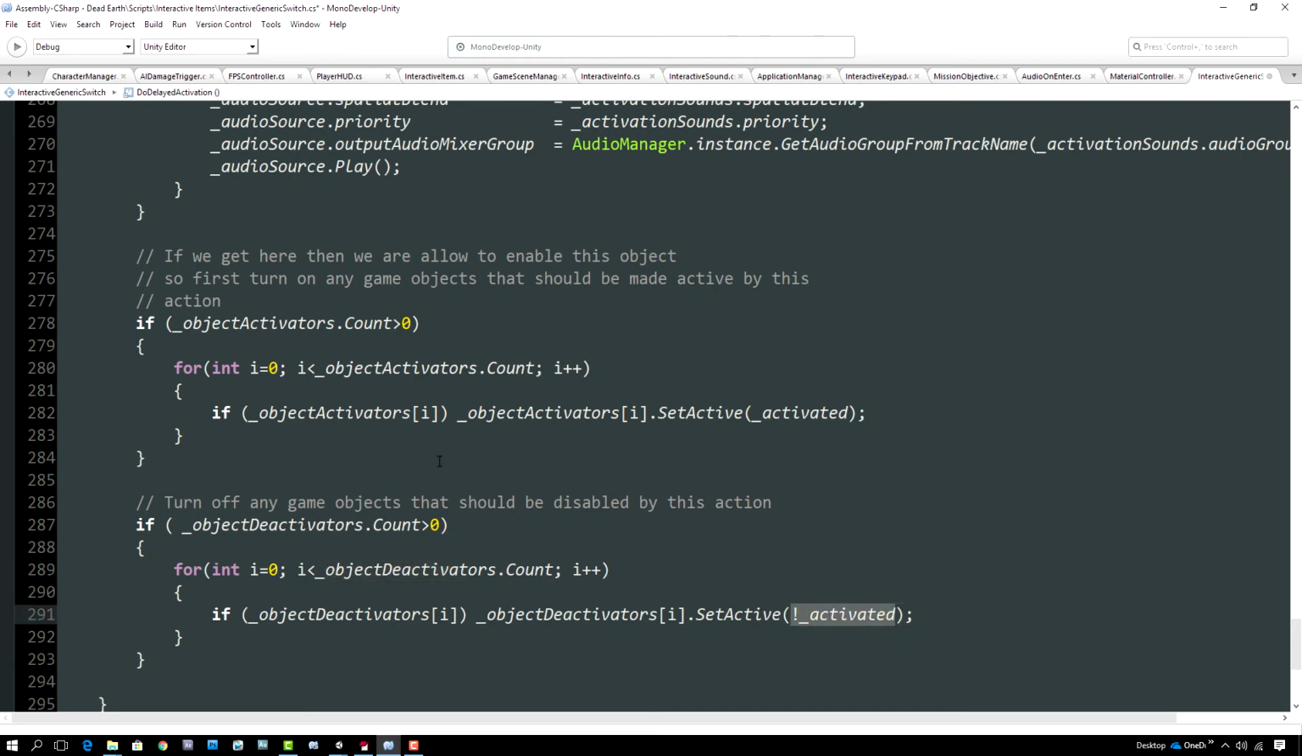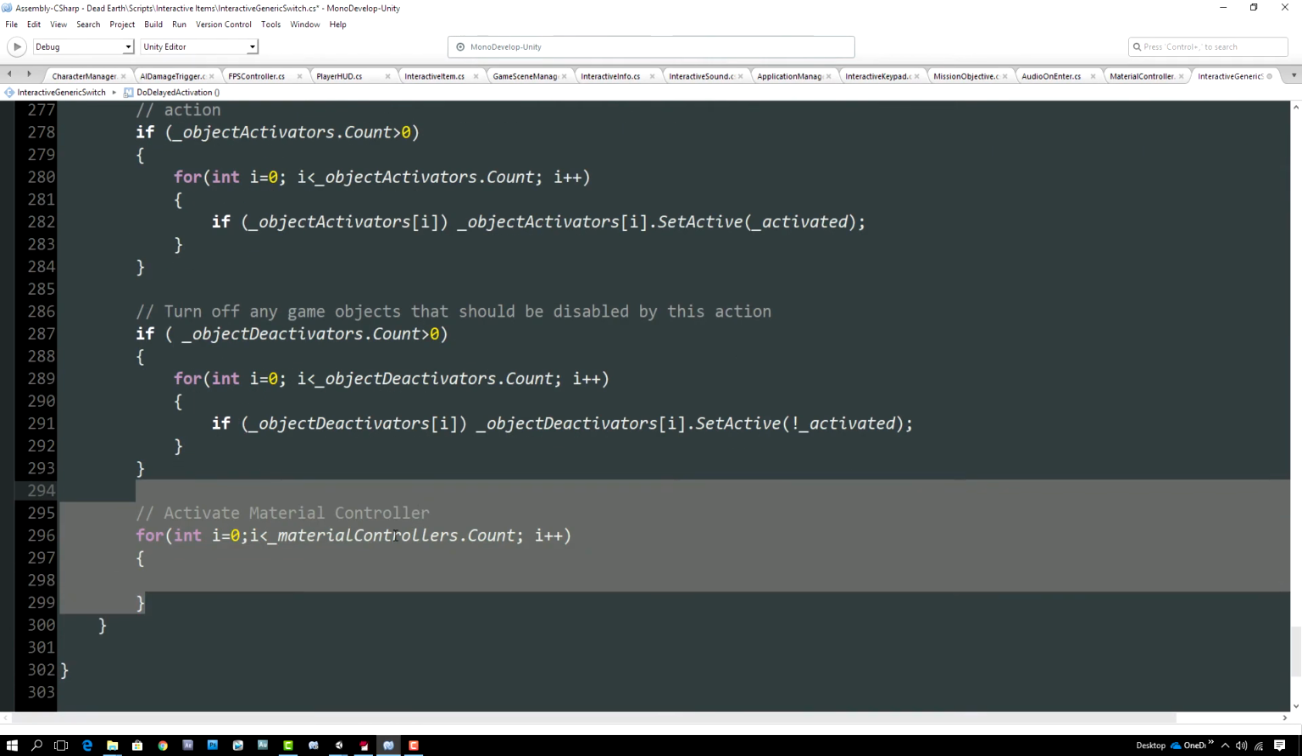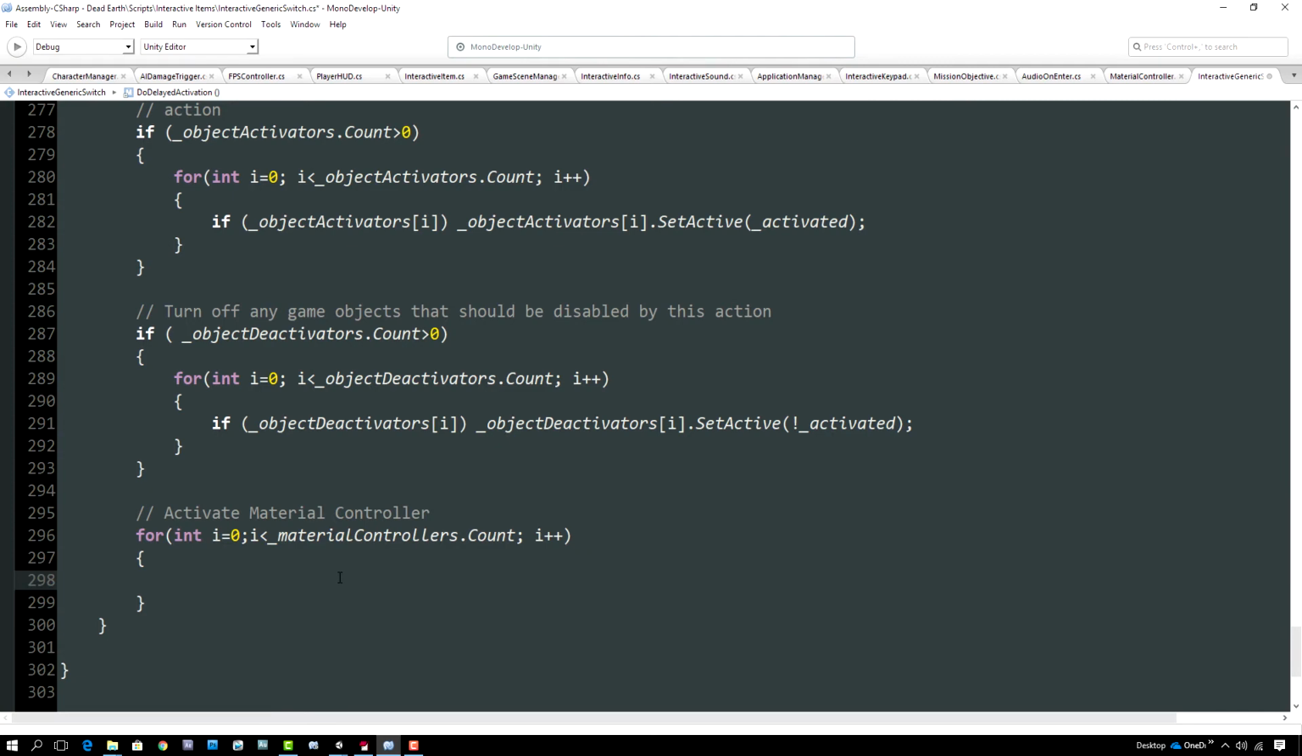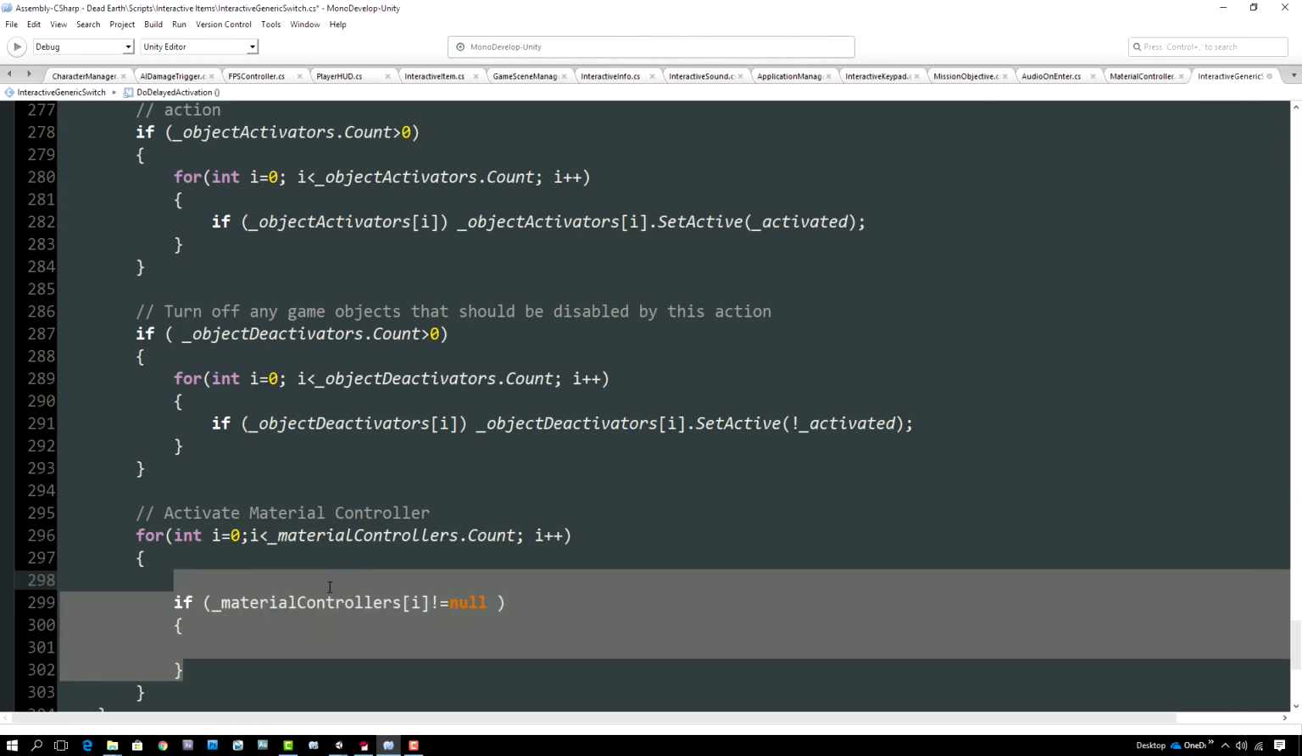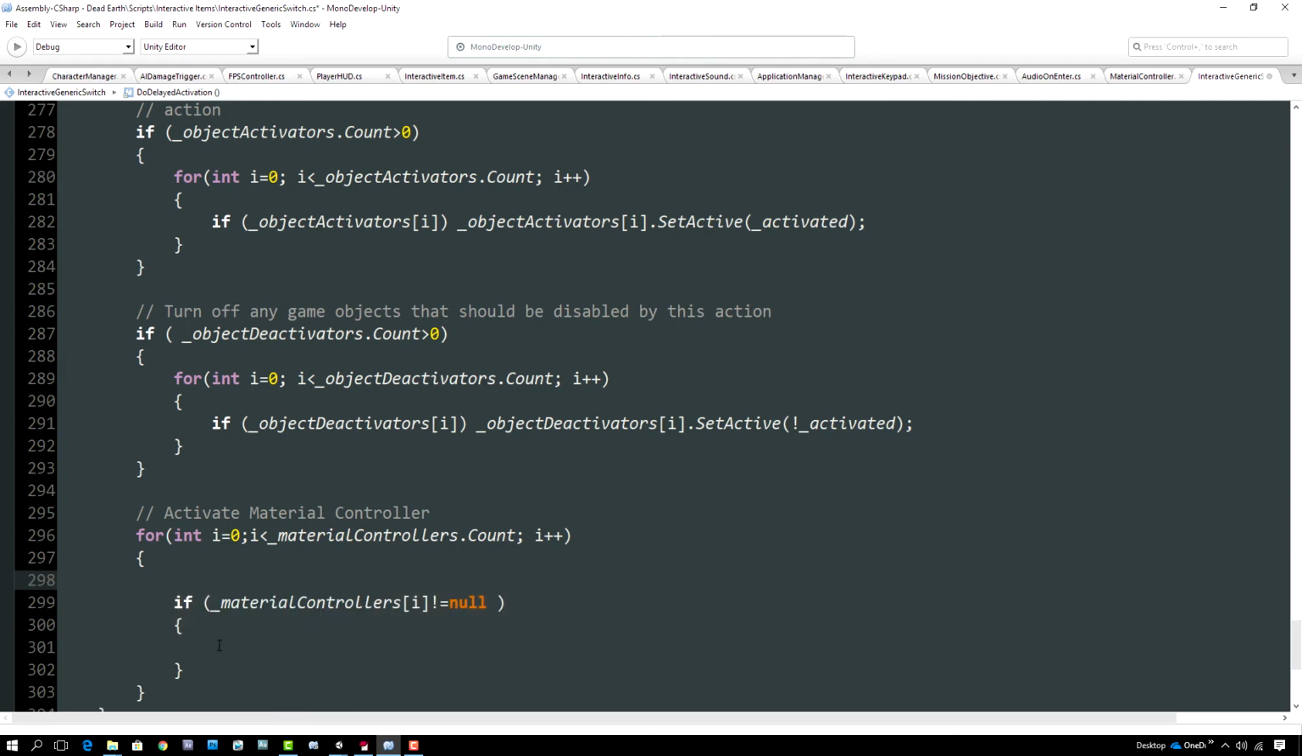But when we're deactivated, then not deactivated equals activated, and all the object deactivators get activated. Okay, so next up we need to process our material controllers list. So we will iterate through each material controller in our list, and assuming we have a valid reference to a material controller at that element in the list, we will call the material controller's activate function, passing in activated as